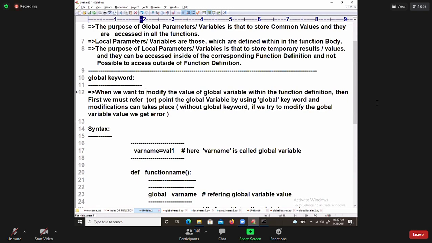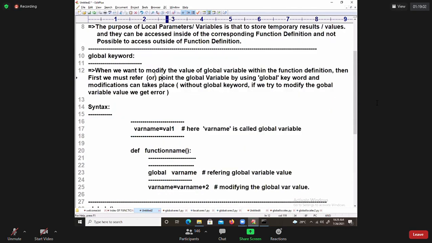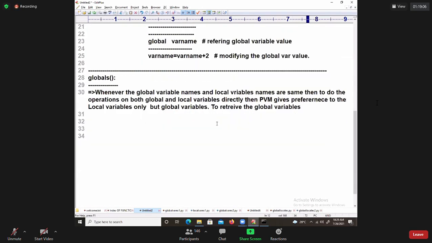If we don't understand English, it's a problem, because one student asked what is a global keyword again. So it's negligible. Modify the value of the global variable: the global keyword is required. To retrieve the global variable values